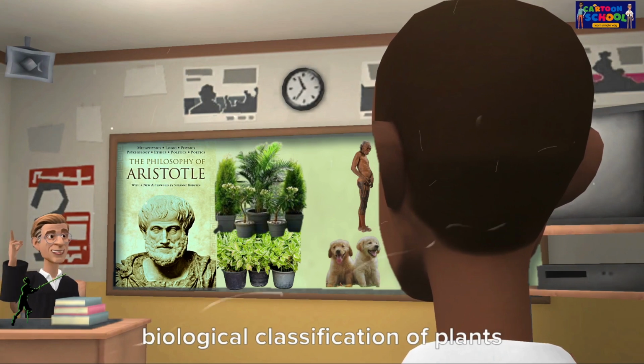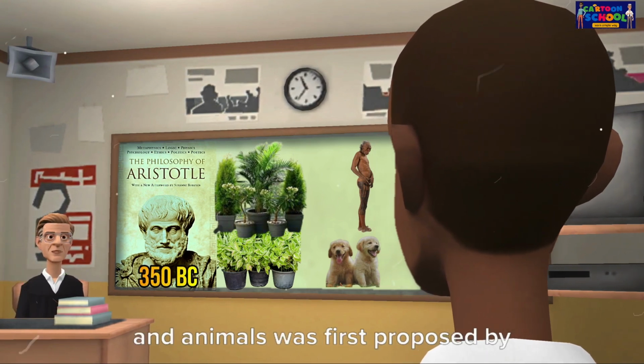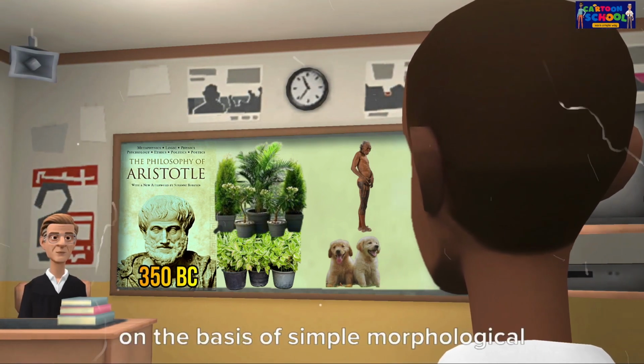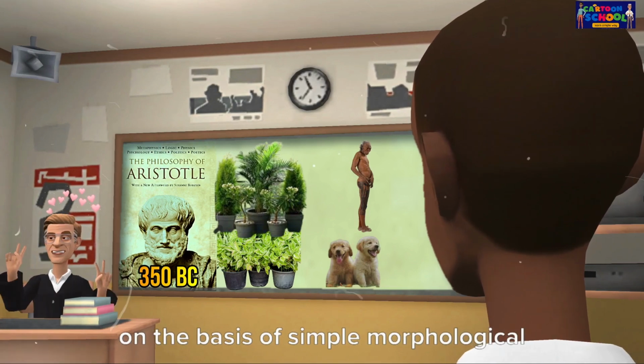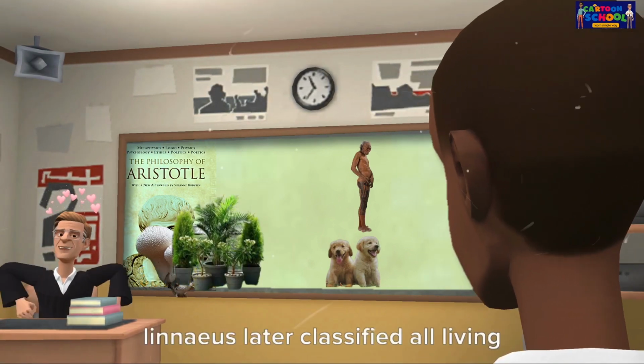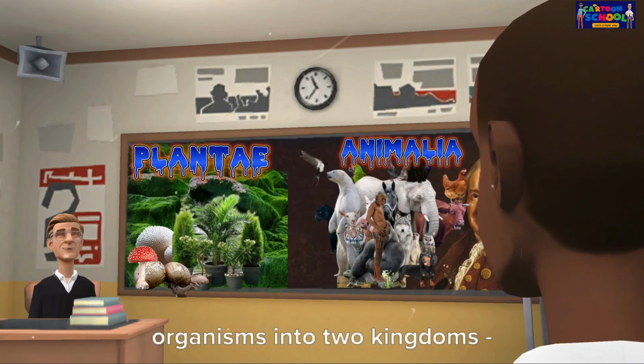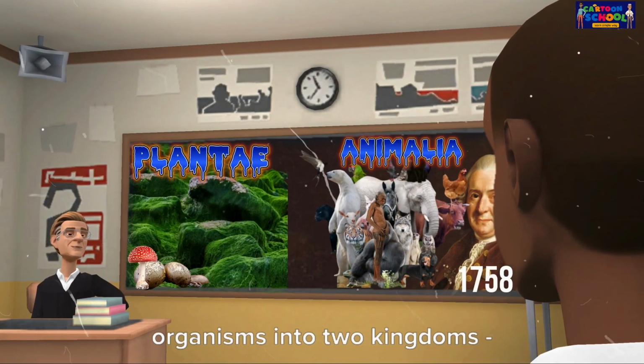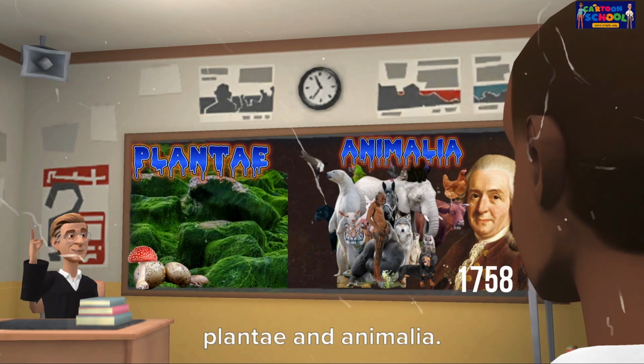Biological classification of plants and animals was first proposed by Aristotle, on the basis of simple morphological characters. Linnaeus later classified all living organisms into two kingdoms, Plantae and Animalia. Later,